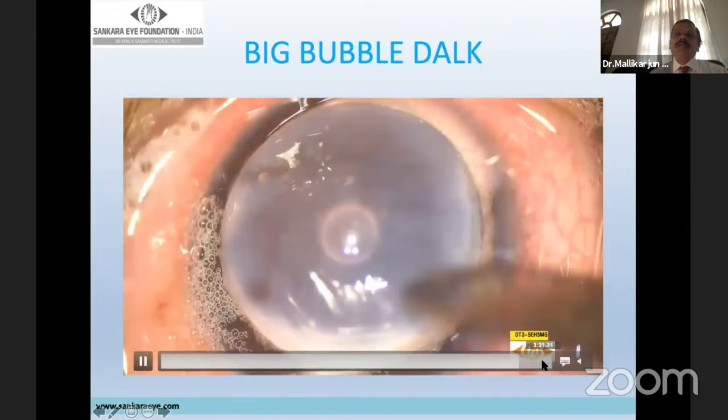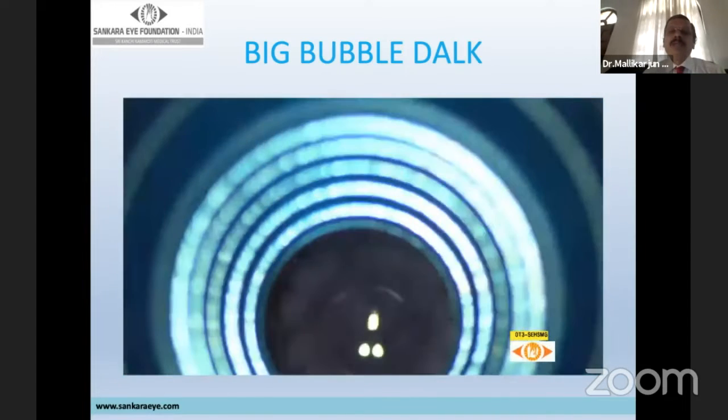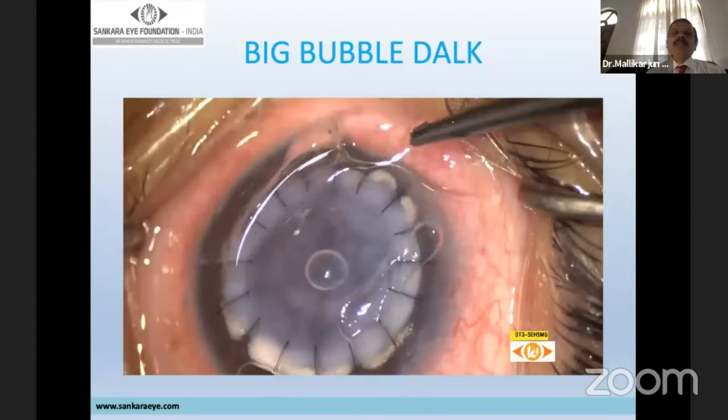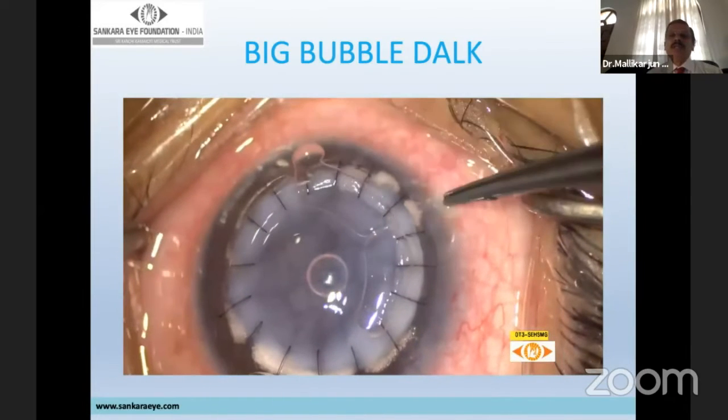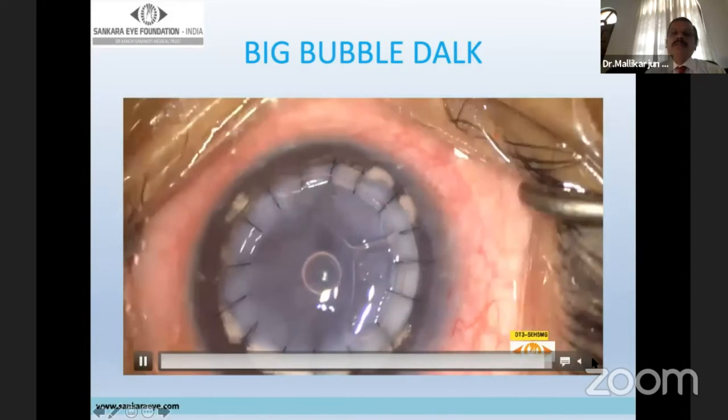Once it is done, the donor graft, devoid of Descemet membrane, is placed and sutured, and I confirm the tightness of the sutures with a manual ring and close the eye with a bandage contact lens.